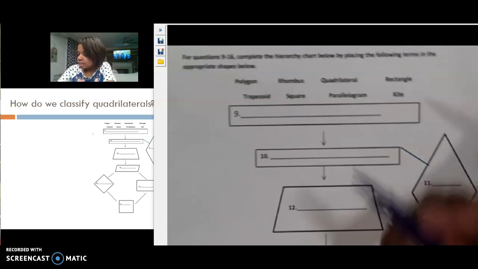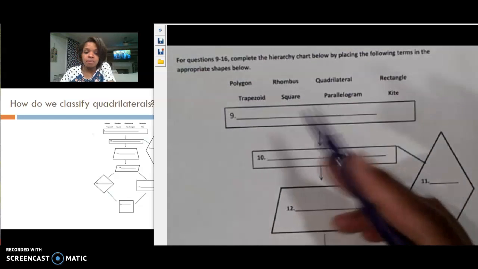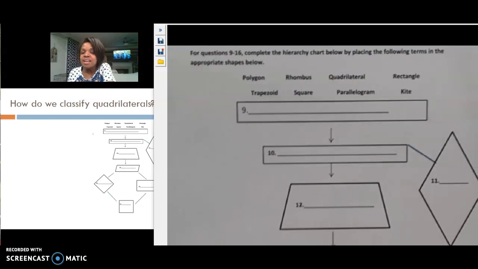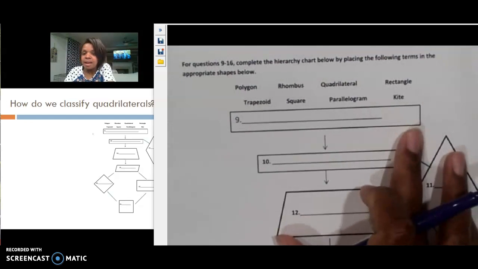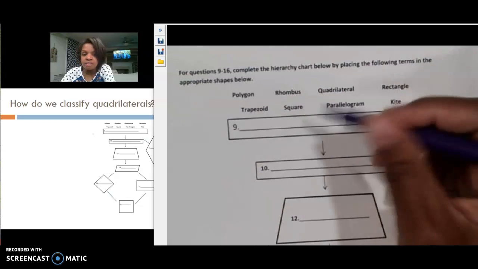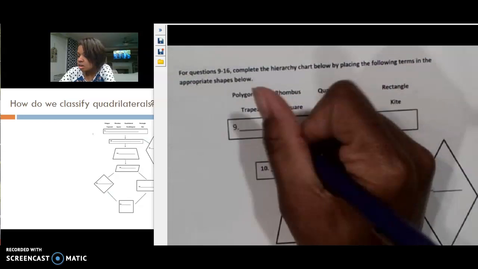So I've got this top, ignore the numbers that it says 9, 10, 11, 12, that doesn't matter. Okay, all right, so at the very top, if I want to talk about a hierarchy, I'm going to put everything in order from what the most of these things could be to what the least of them would be, okay? So I'm going to start with, I've got all these terms here, and I'm going to start with polygon,